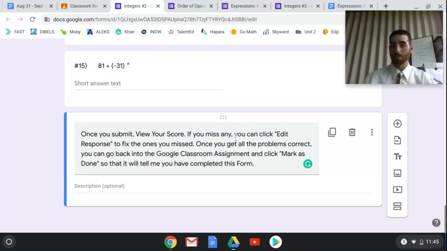That's the way I set this form up. You can go back in and edit your response so that you can fix the ones that you missed. Now, after you submit the form, you can go back into the Google Classroom assignment and click the button that